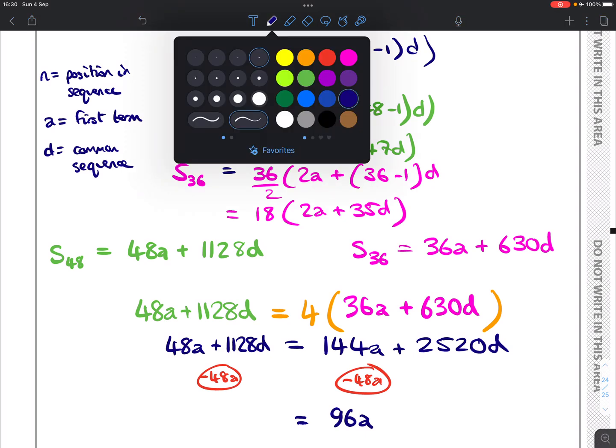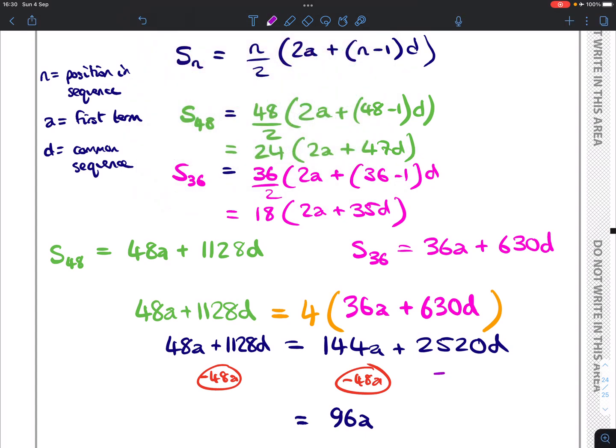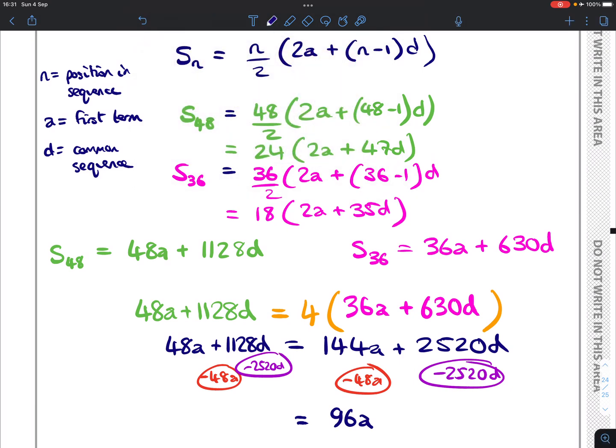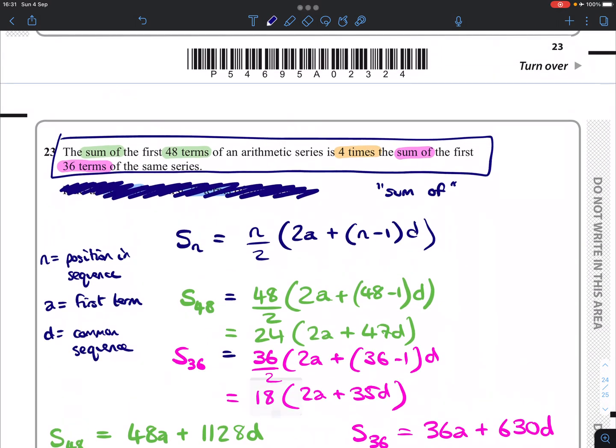And why not get the d's on the other side? If I take away 2520d on both sides, then I'm going to end up with 1128 subtract 2520, which gives me the following: minus 1392d, like so. So that's as far as we've got so far